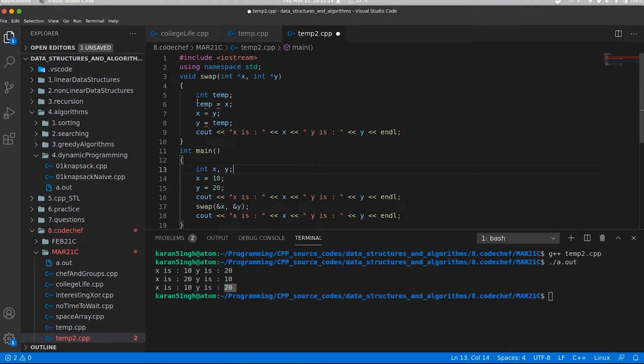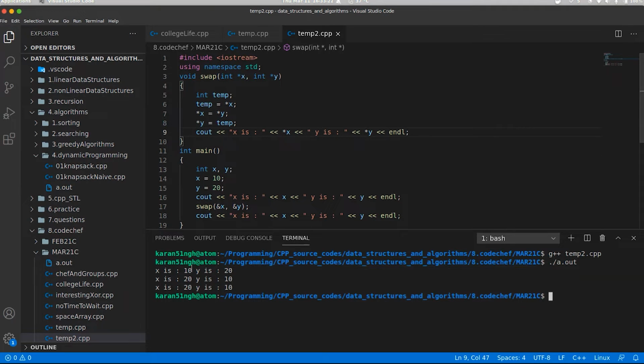And then we'll create an integer temp. We'll assign this as star x, because star x is pointing to the data that is present in the location that is being pointed by this pointer, and we similarly make the changes here too.